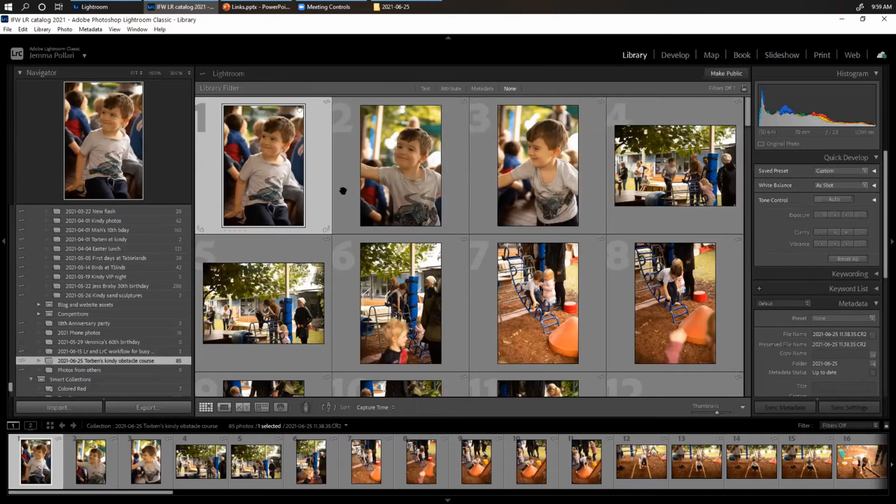So any edits, if I've rated them or if I've flagged them, that all comes down. So that becomes an easy way to, if you're going to cull in Lightroom, or do preliminary edits in Lightroom, all of that comes down with the photo